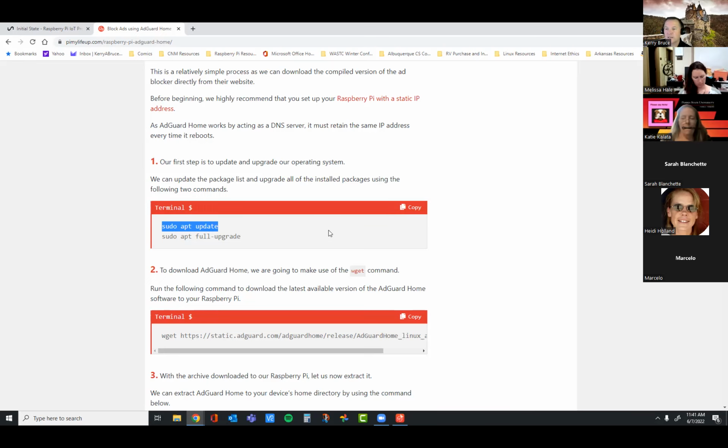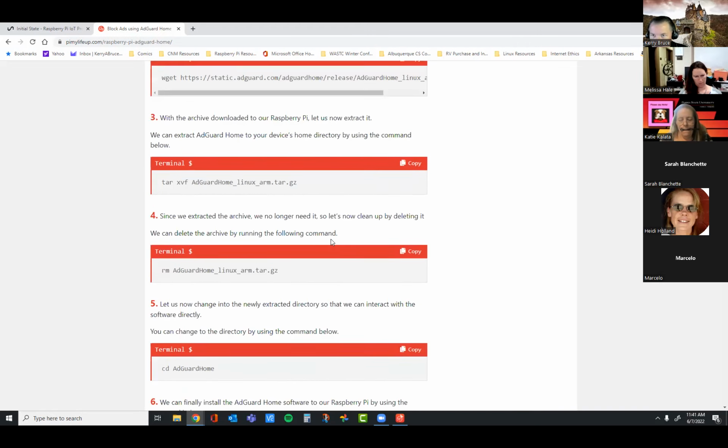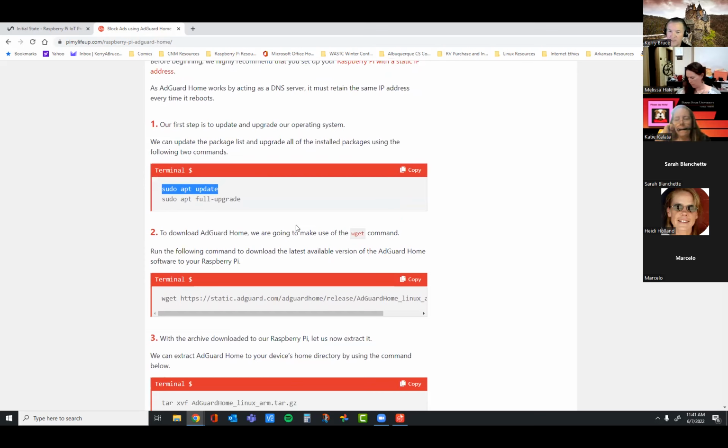So let's say there's a piece of the operating system that is version 1.74 on your desktop, and there's a 1.76 version available in the repository. That 1.76 version becomes the listed version.